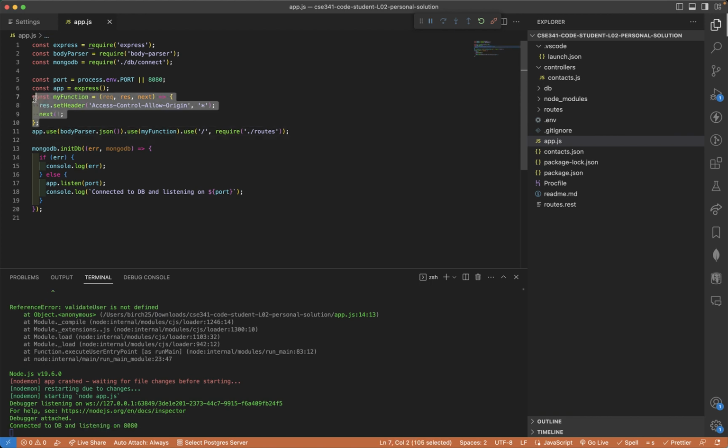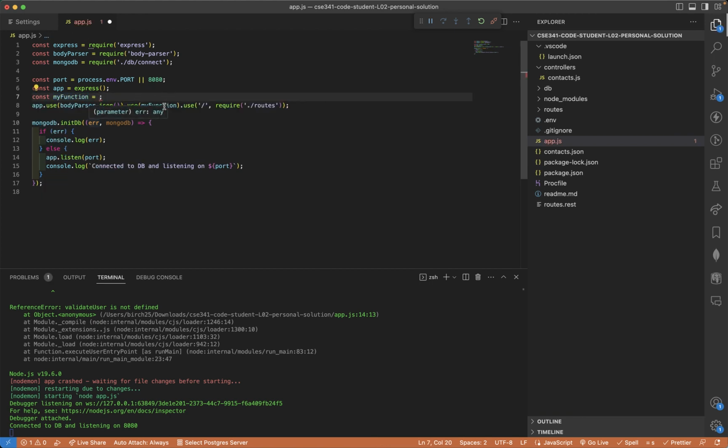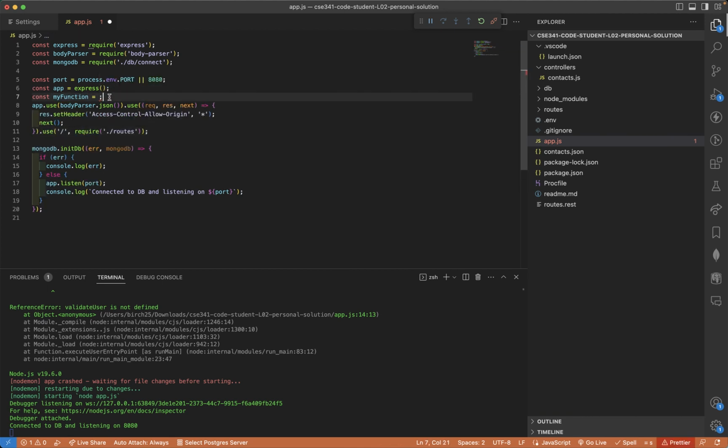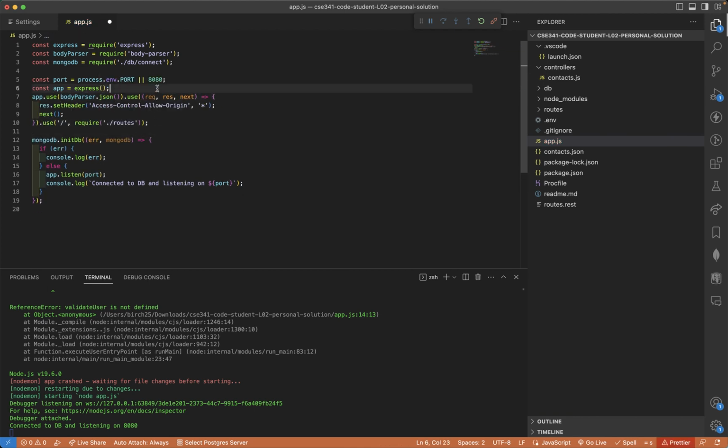I can declare this function. I can give it a name, and I can just plop it in here. Some people like to do that. If it's pretty short, though, I will leave it in its anonymous state, and I'll just plop it in there. Okay. Anyways, with that said,